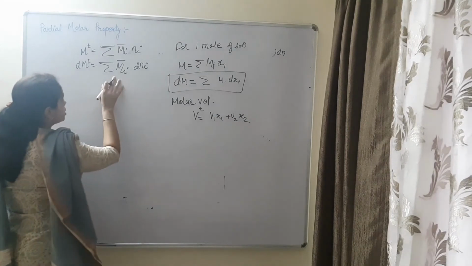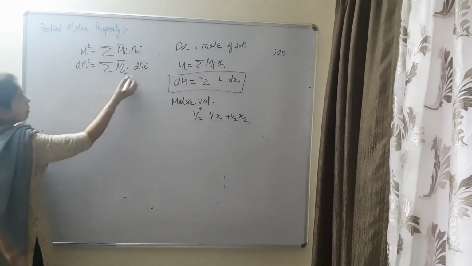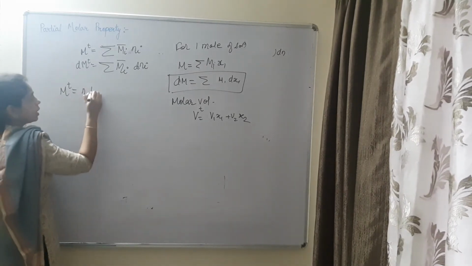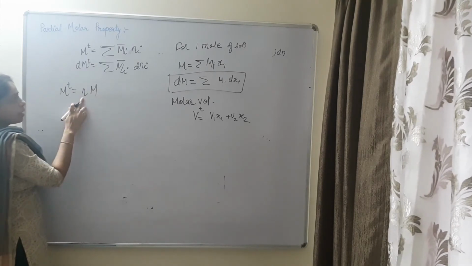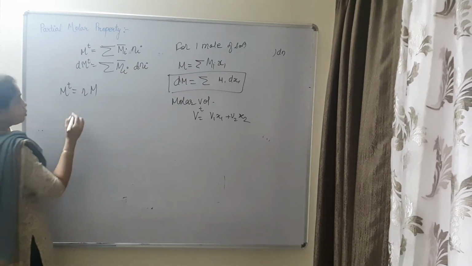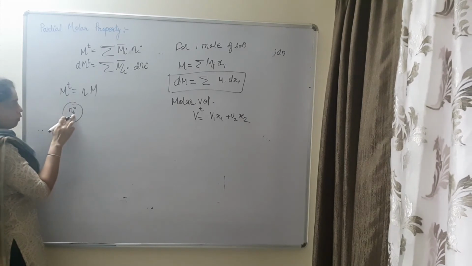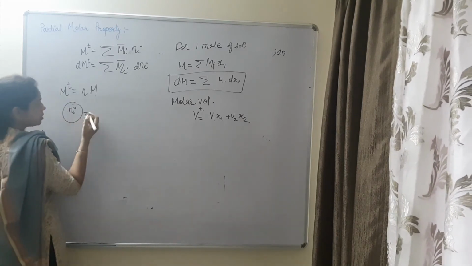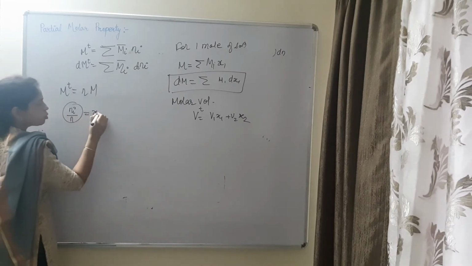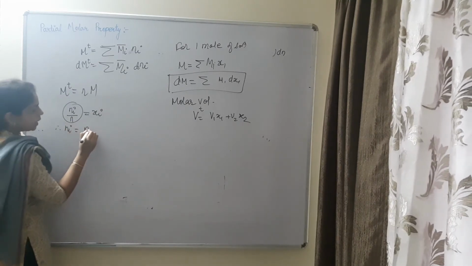Now get back to this point. So we have this relation. You can see the total molar volume means n into m, where n is the number of moles, and mi bar is the partial molar property of each constituent present in the solution, and ni is the moles of component i. You can write this in terms of mole fraction also. So ni upon n is equal to the mole fraction, so ni we can replace by n into xi.